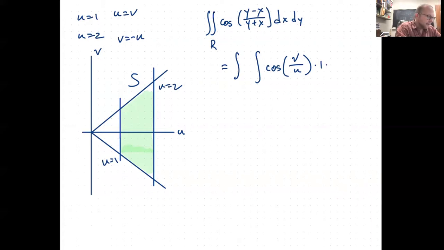The easiest setup here is going to be dv, then du. Okay. So with regard to that, then we will say that the u's are going from 1 to 2. And when we are between 1 and 2 for our u values,